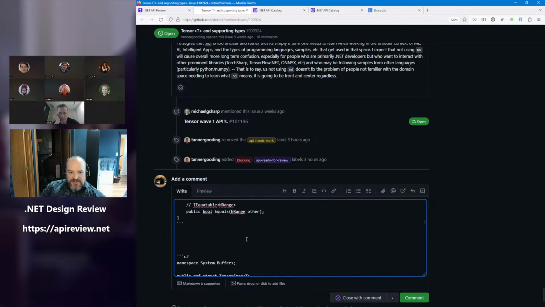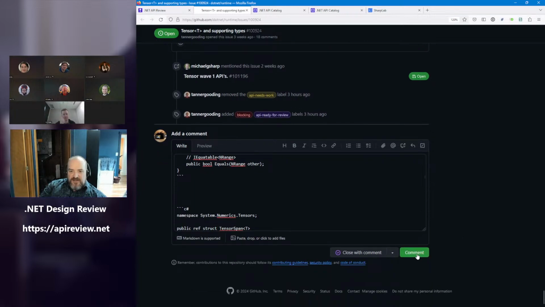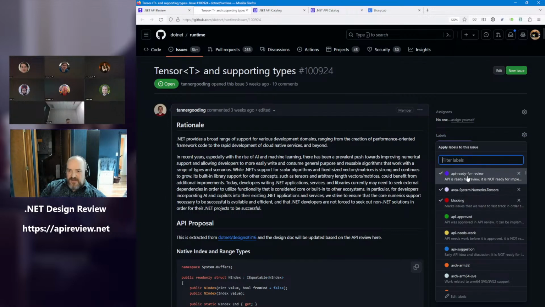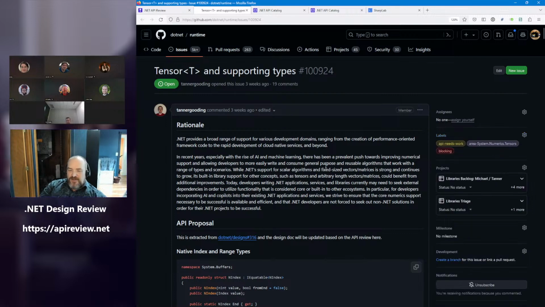Okay. Obviously, I only updated the one line of TensorSpan, but who cares? All right. Leave blocking needs work. And after I have the review bot send out the email, I'll just change it back for you, Tanner, since I'm the only one with visibility on that. Thank you very much. I mean, you could wait to see when you receive the mail, but...